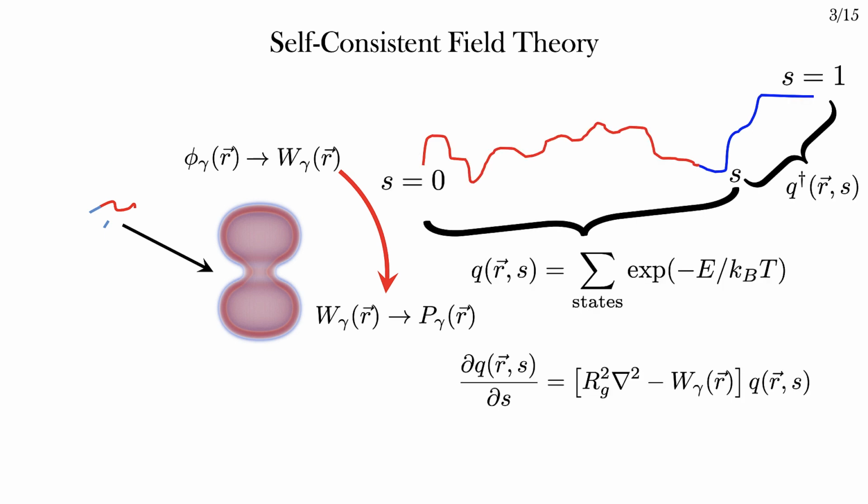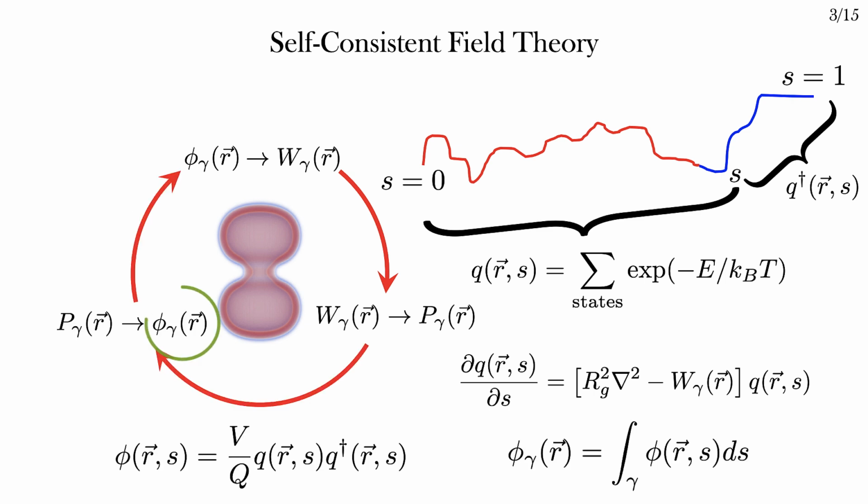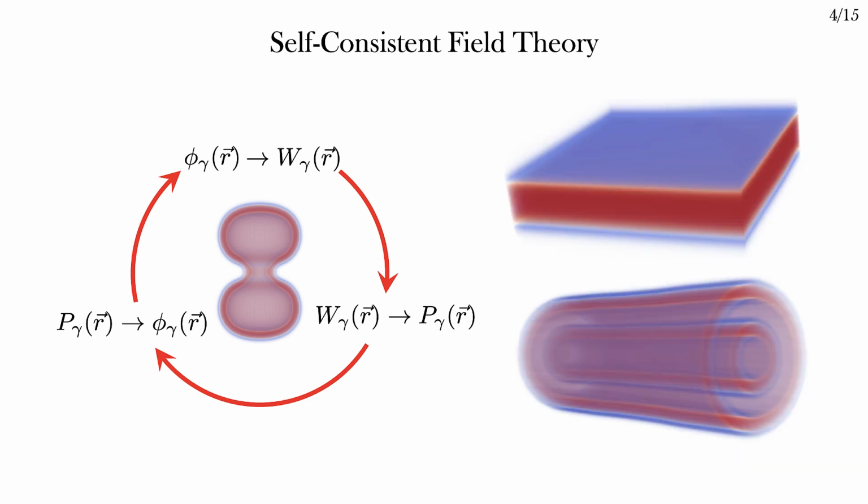To calculate these distributions, taking into account chain connectivity, I model the lipids as Gaussian chains and use standard techniques described elsewhere on this channel to calculate their statistics. The average concentration can be calculated from the probability distributions. If the initial and final concentrations match, then the system's happy, i.e. it's in a stable or metastable state. Otherwise, the difference can be used to calculate local exchange chemical potentials which drive the evolution of the system. This method produces all of the structures that one might expect: planar membranes, tubes, multi-layer tubes, micelles, worm-like micelles, and other structures not shown here.